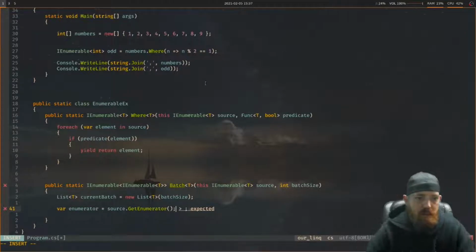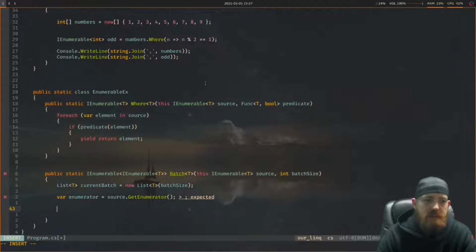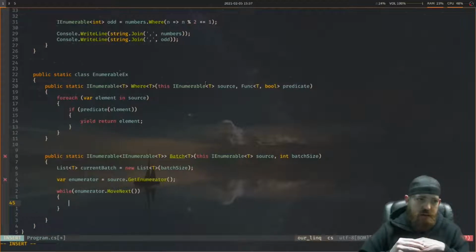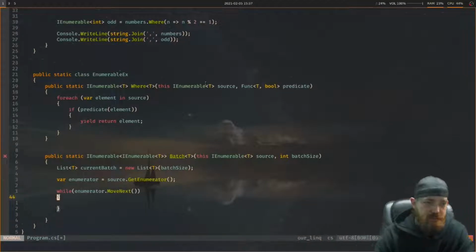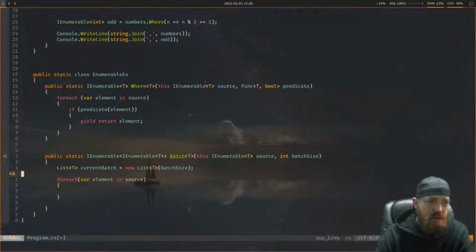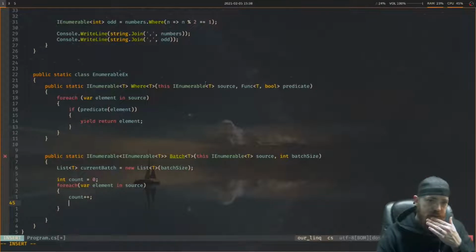All right, we're good. And then while enumerator.MoveNext, we'll say something like, well, we can do this in a foreach actually. We'll do it in a foreach. For each var element in source, we'll keep int count equals 0. We'll say count plus, and then something like